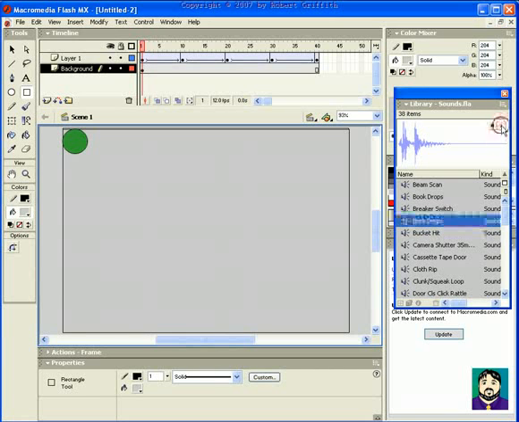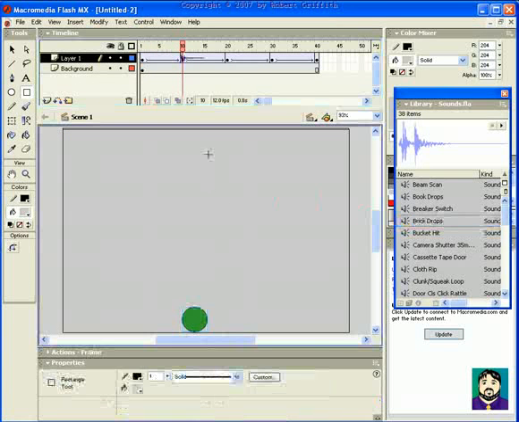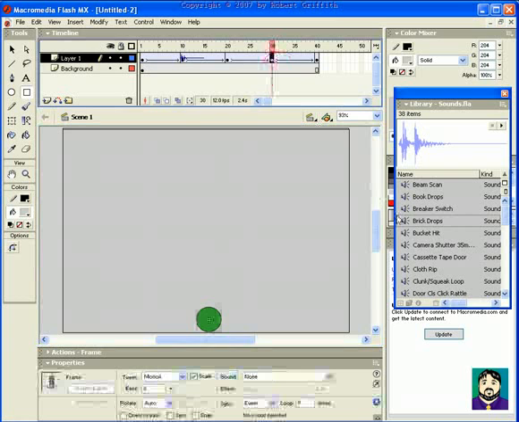So when it gets to this point, I'm going to actually just drag some sound in, and you can see that it appears up here. And it kind of goes back up and then back down. I think I'm going to add a sound here as well. So if I test my movie,